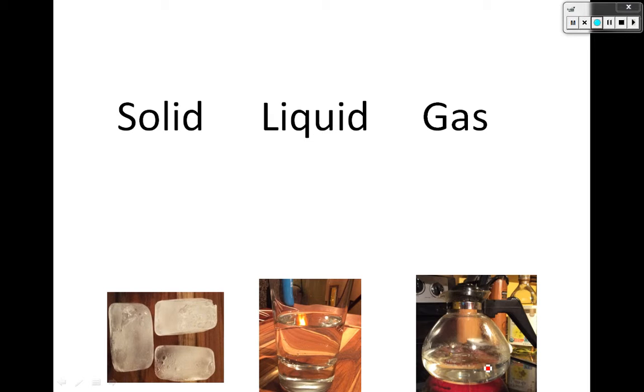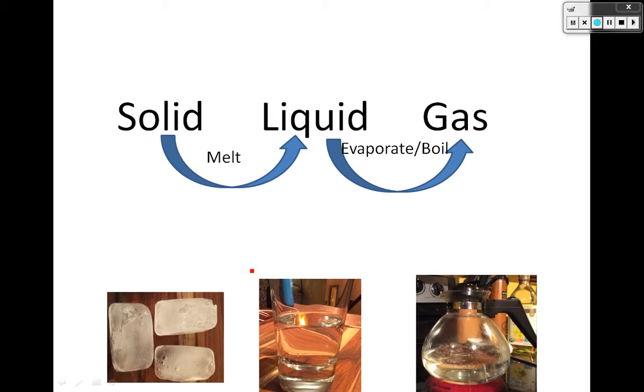So let's talk about phase changes. That means one phase going to the next: ice becoming water, or water becoming water vapor, which we also sometimes call steam, or steam becoming liquid water, or liquid water becoming ice. So solid to liquid is called melting. That's something I think most of us know. That probably isn't a new vocabulary word to most of us. Liquid to gas has two words. You could say evaporate, or you could say boil.